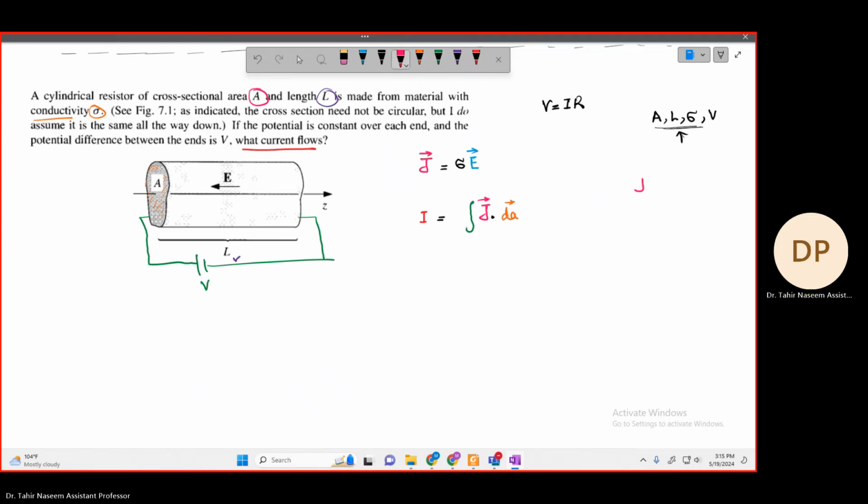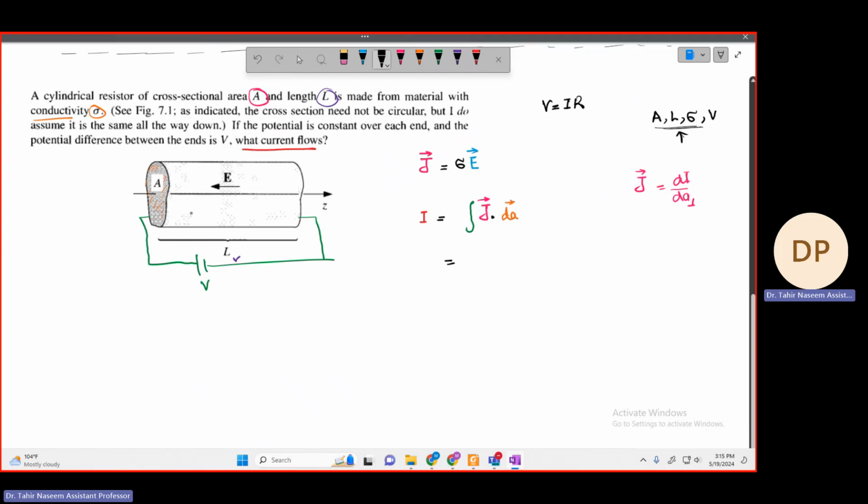Because I have written this from the definition, dI over dA perpendicular. From here you can write I is equal to J dot dA. Okay, and in this case, because